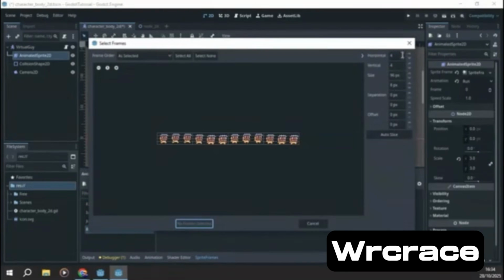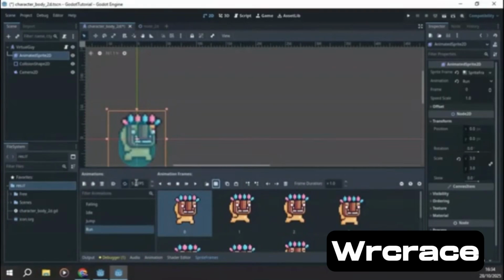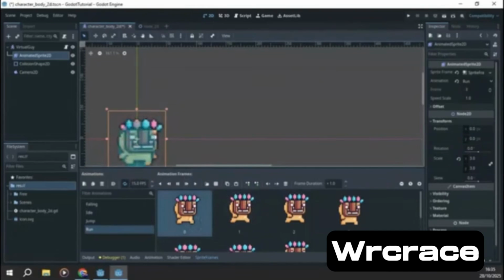This one has 12 frames horizontally and 1 frame vertically. Okay, that's correct. So now that we have this animation,